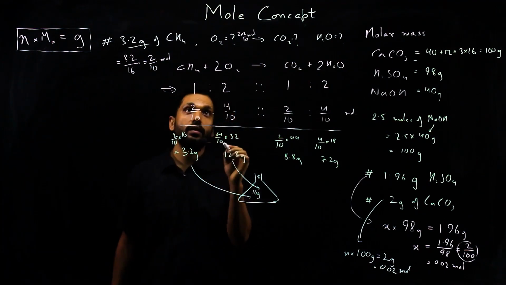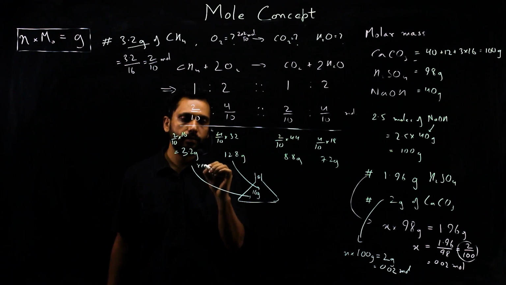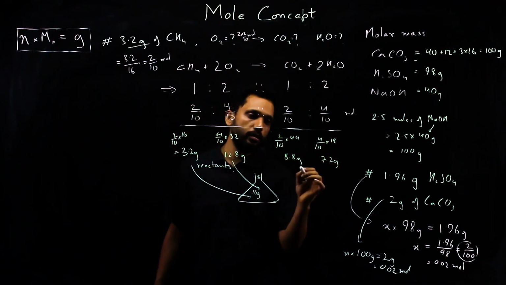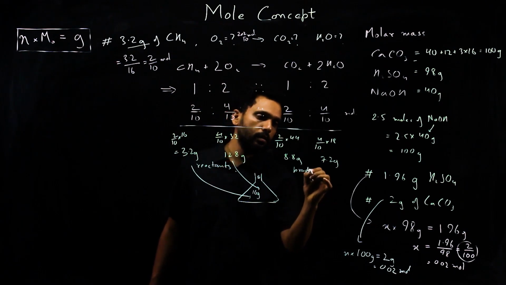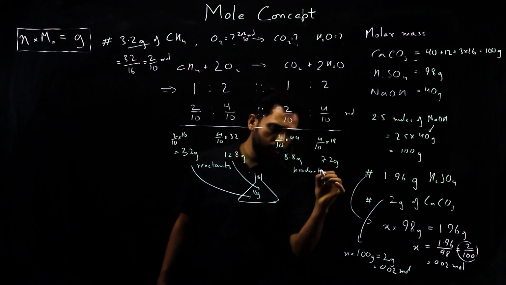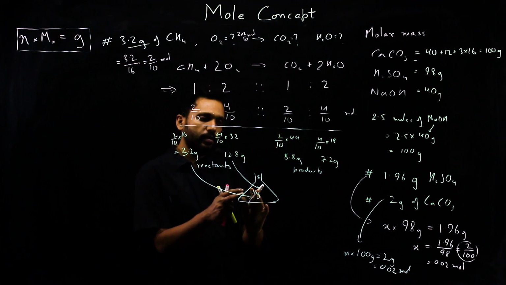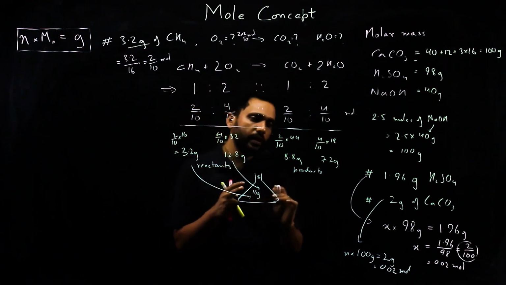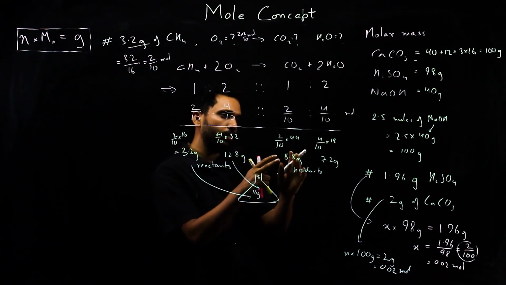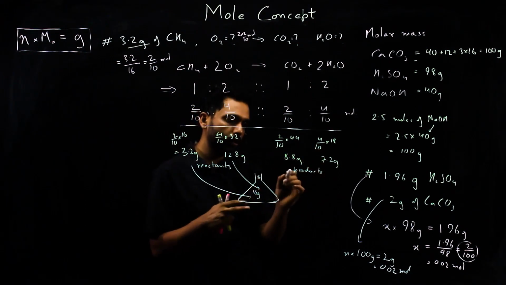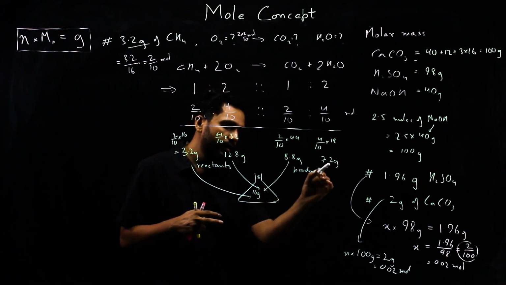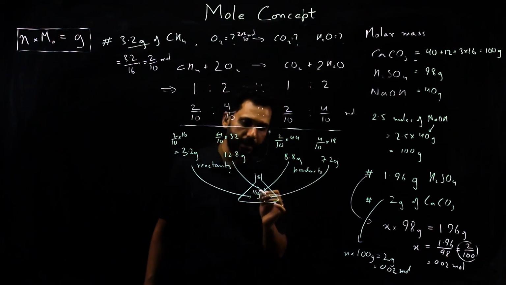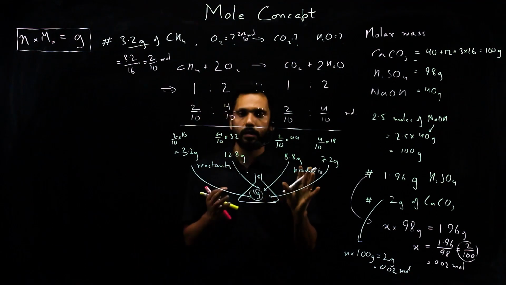These two are called reactants, and what is produced is called products. So yeah, 16 grams of reactant, 12.8 oxygen and 3.2 methane, and what is produced is carbon dioxide and water. What's the total weight of that? 8.8 plus 7.2, which is 9 plus 7, which is again 16. So you see that the mass is conserved.